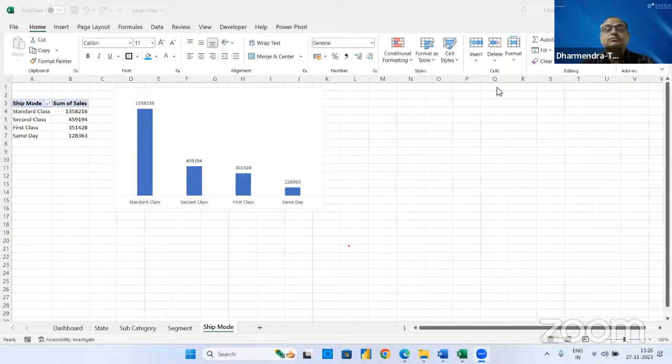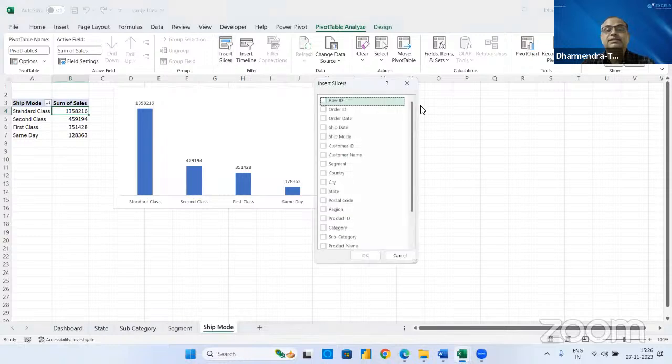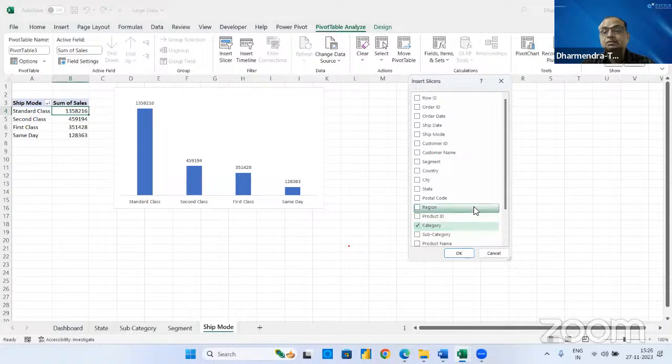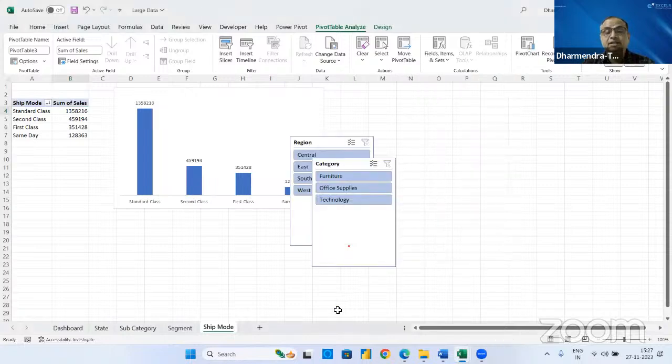Fine. Now, what we will do, just see here, click on the pivot table. You can go for Analyze here. You can get one slicer. So I want to take two slicers here. One is category wise and one I can take as region wise. Let me take two slicers. And then